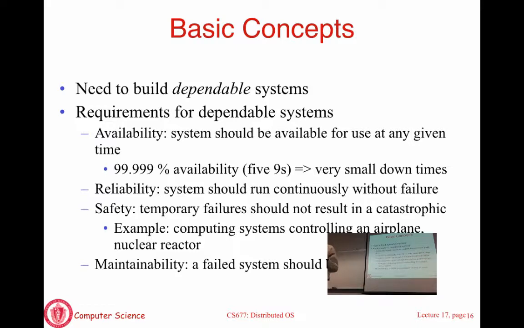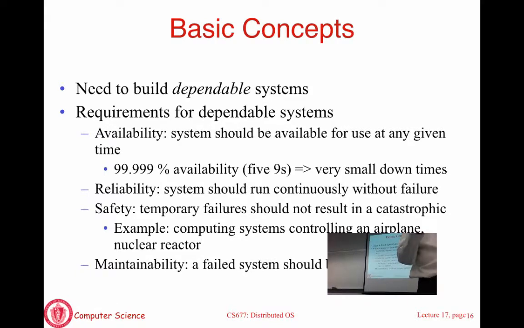That is not how we have been designing software systems or even hardware systems to function. It requires a change of mindset. But while individual components continue to be unreliable, can you still build a distributed system that's reliable? Okay? So you are given unreliable components. The building blocks are unreliable. Your individual software systems may have bugs. The hardware may fail. But can you put it together with a larger number of machines and replication that still makes the overall system available, reliable, safe? That's the only way to attack the problem.